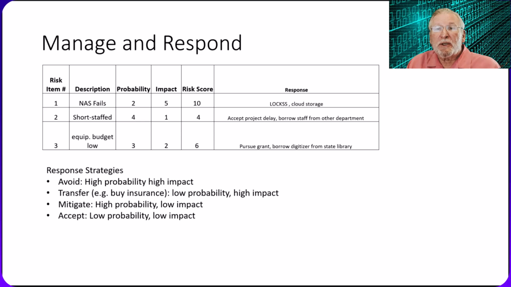You'll need to determine your risk response for each item. There are 4 basic responses to a risk depending on the probability and financial impact. If at all possible, you need to avoid high probability, high impact risk by choosing some strategy that will assure that it never happens. In the case of your storage system failing, for example, keeping redundant copies of your data on multiple servers, or buying cloud storage means that even if your equipment does fail, you won't lose your data.